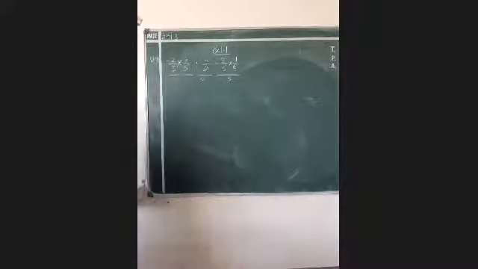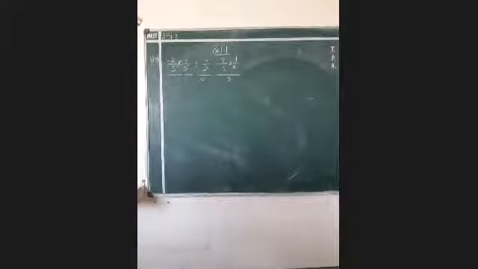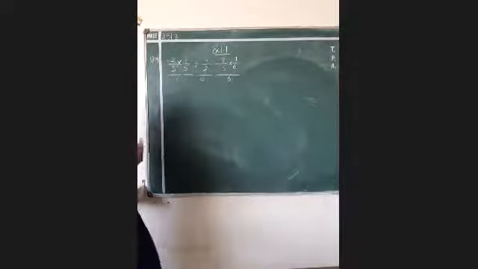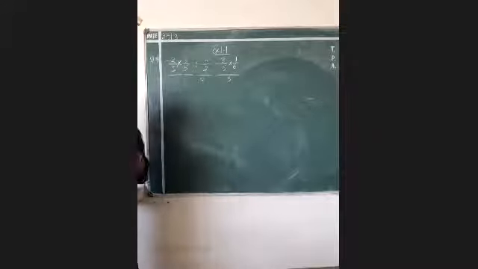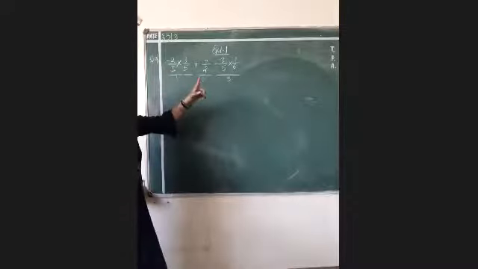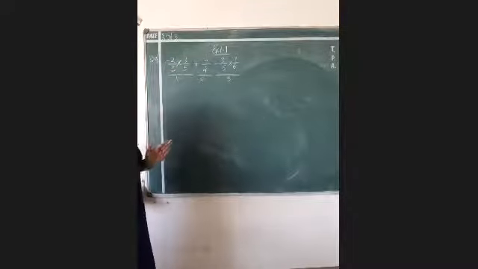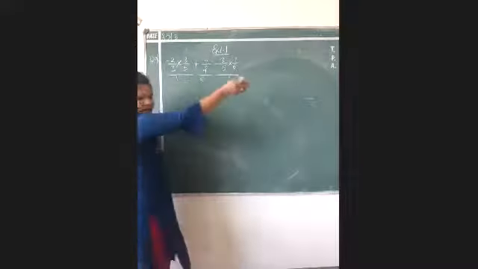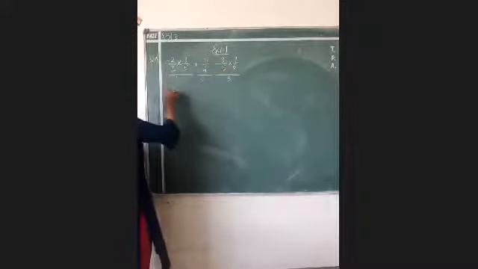So what I am doing actually is I am just taking the terms which can be operated by using property. I am taking all those terms together, and you know that if you transfer any term or change the order, can you tell me what property is that? Name of that property, please mention in the chat box. As you can see, we have 3 terms and I am taking 2 terms together, and the third one I am keeping at the last, so that is called associative property.